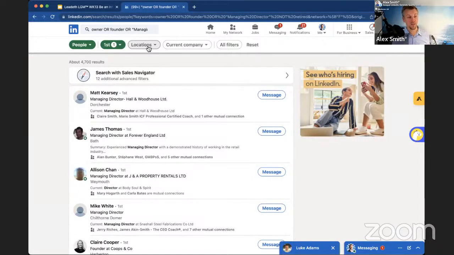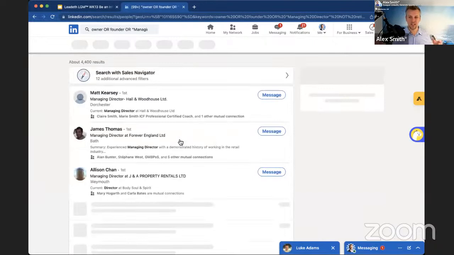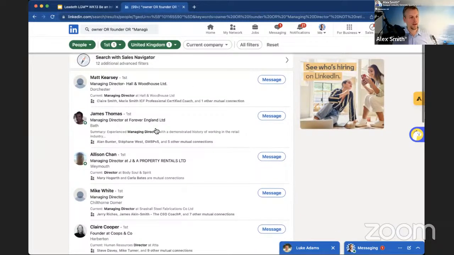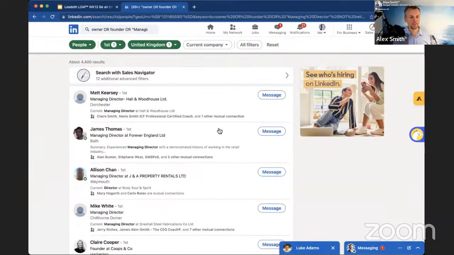So pretty much half of my network is all of that job role. But if I wanted to filter it down maybe just to the UK, because I'm based in the UK and it's obviously a nice time zone for me to work with, that pulls out about 300 prospects. So 300 that are international that I probably don't need to be connecting with. But yeah, I've got a list of all these relevant people coming up.